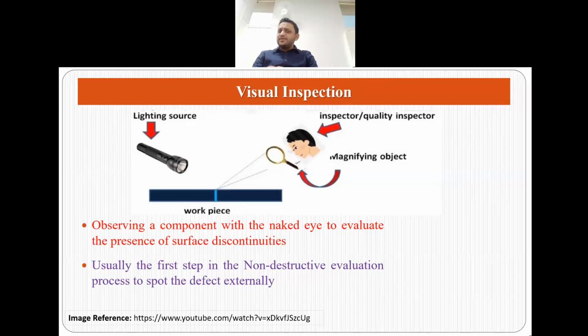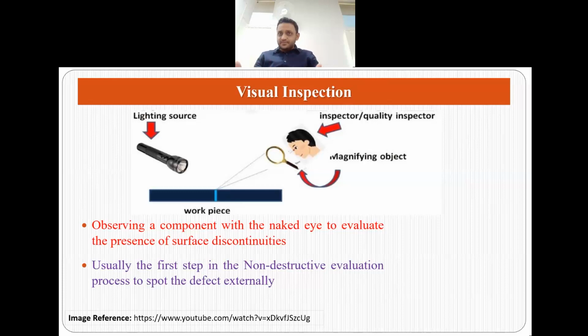It is usually the first step in the non-destructive evaluation so that we can spot the defect externally without going in depth. Some NDT engineers or specialists think that it's not essentially an NDT method, but it's only the first